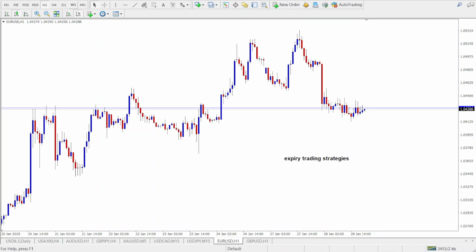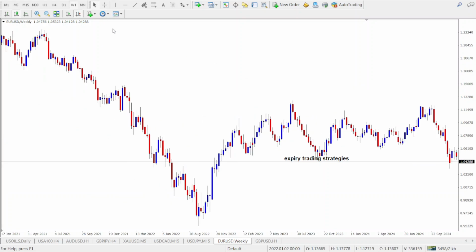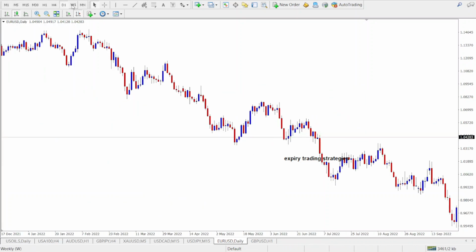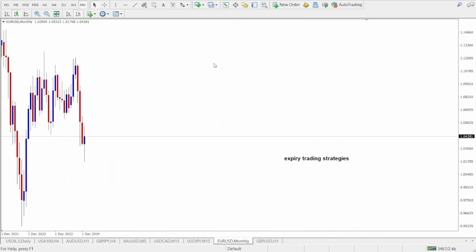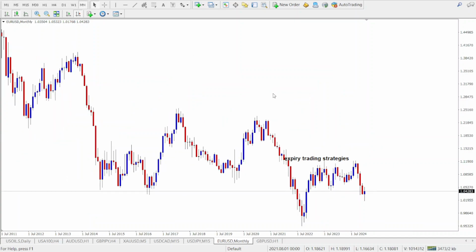Whether it's a daily chart or weekly chart or even monthly, whether it's either of these expirations,